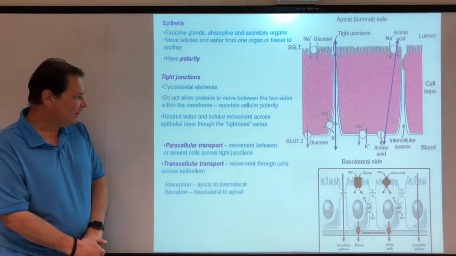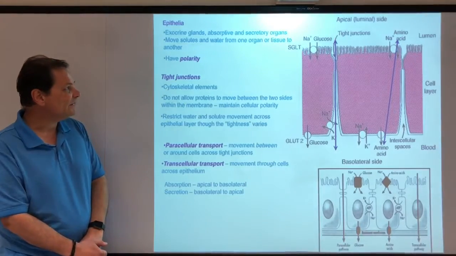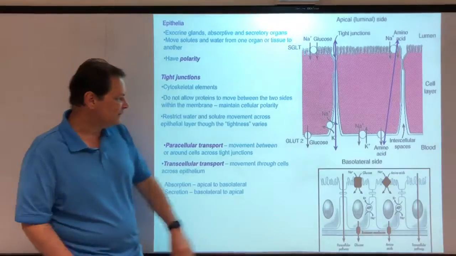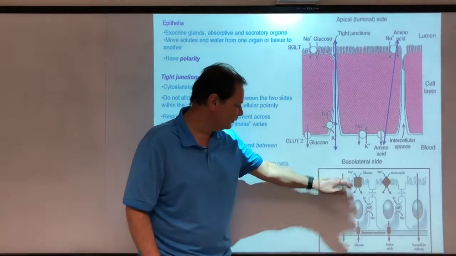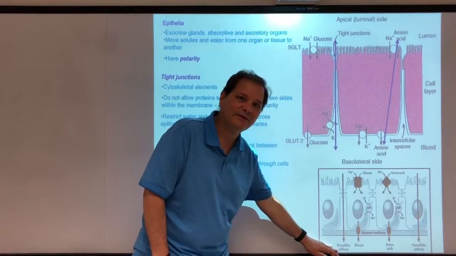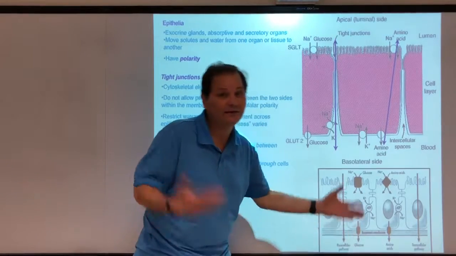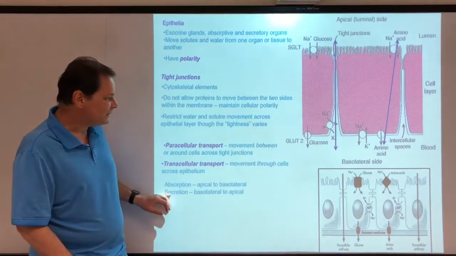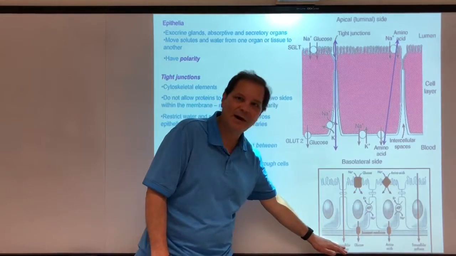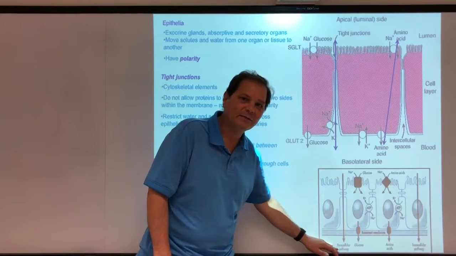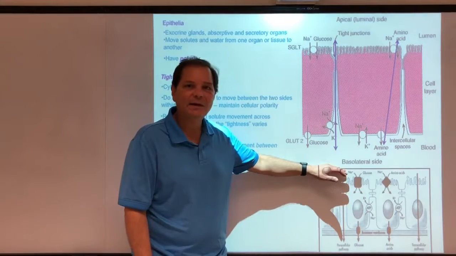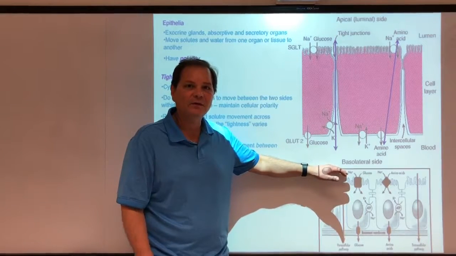So you have absorption, which can take place across an epithelial layer. Absorption means transport from the lumen, the apical side, to the basolateral side into the tissues. This is absorption into the body. Secretion means transport in the other direction. That is transport from the body, the intracellular fluid, to the lumen, to the apical side, the lumen of